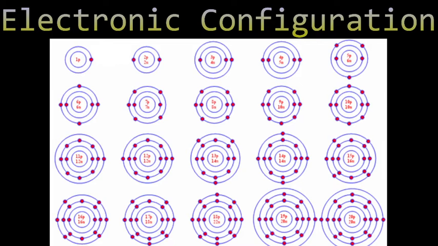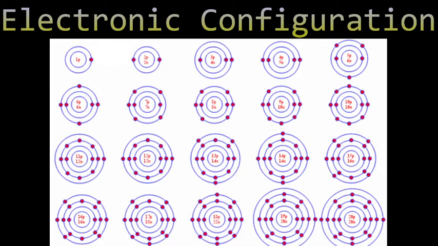If an electron has to move to an orbit or level closer to the nucleus, it has to lose some energy. If an electron has to move to an orbit or level farther away from the nucleus, it has to gain some energy. The levels are also called shells and are named K, L, M and N and so on. The maximum number of electrons in each level is equal to 2n squared, where n is the shell number.